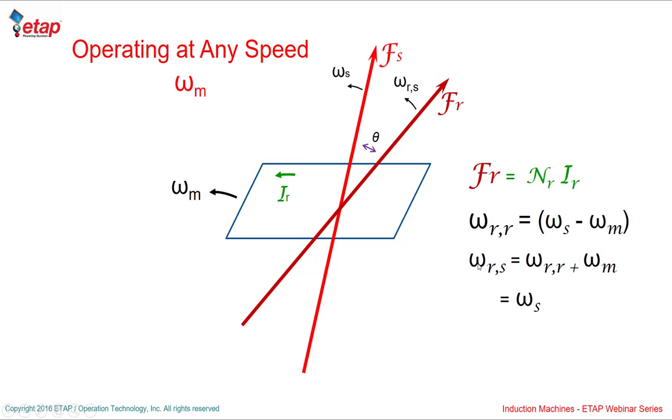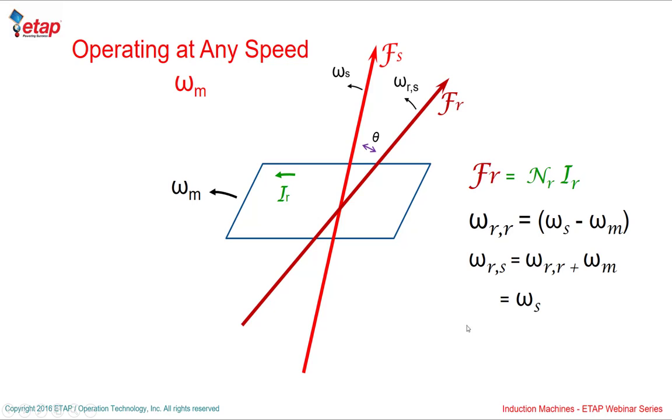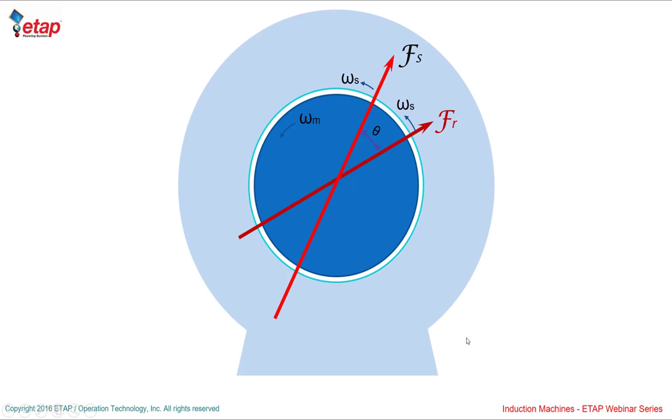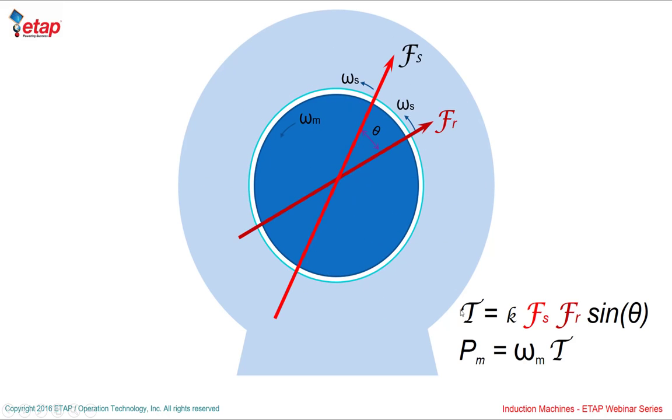Now, the speed of omega r with respect to the stator is omega rr with respect to the rotor plus omega m. And if you substitute that here, you get omega s. So now what is happening? We get two rotating magnetic fields which are both running at the speed of omega s. And what do you get? You get an induction machine producing torque